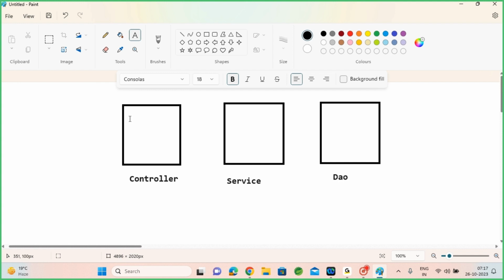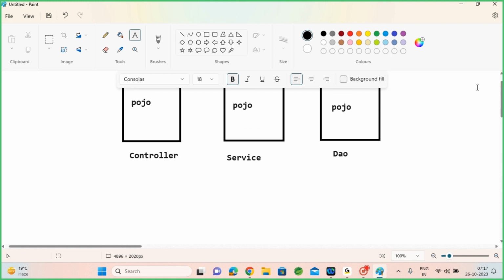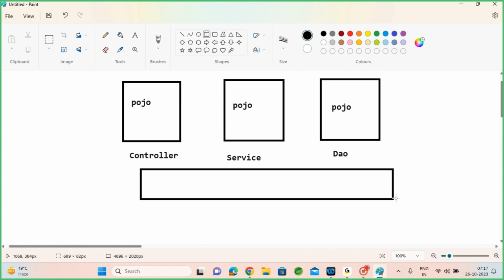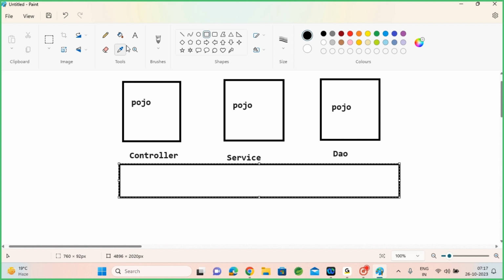Okay, consider them like simple POJOs. Not much complicated logic, a simple plain Java class. So far you are capable of writing simple POJO classes, and you can